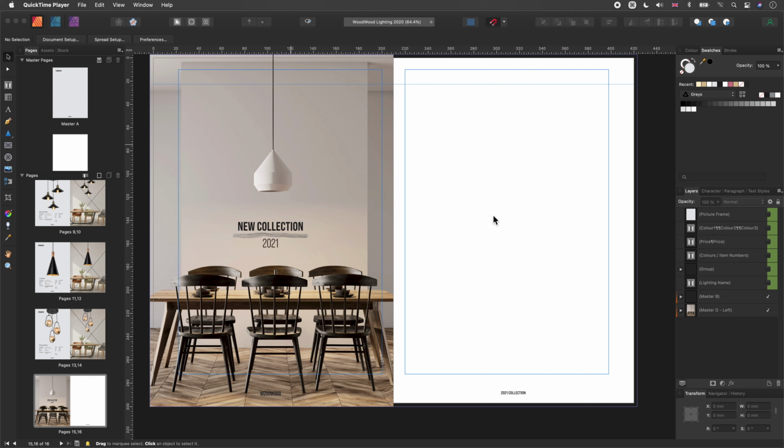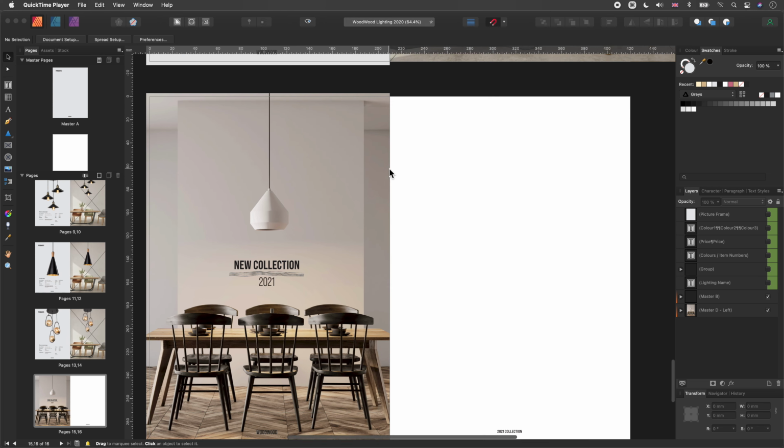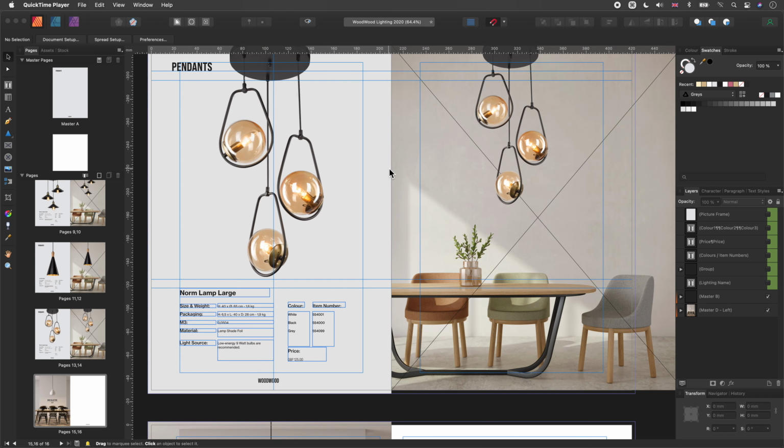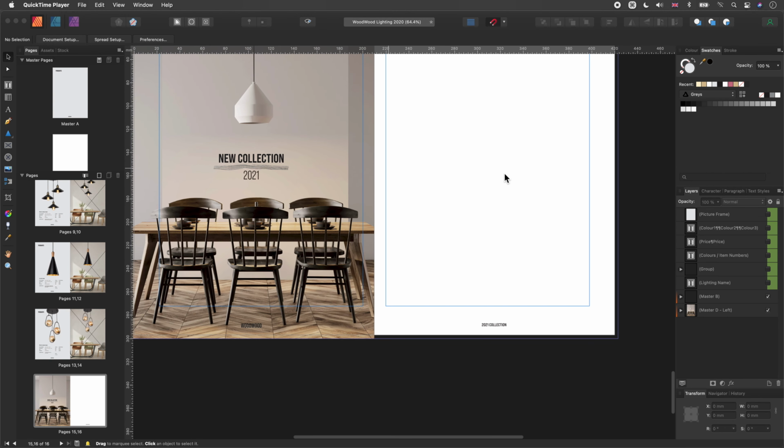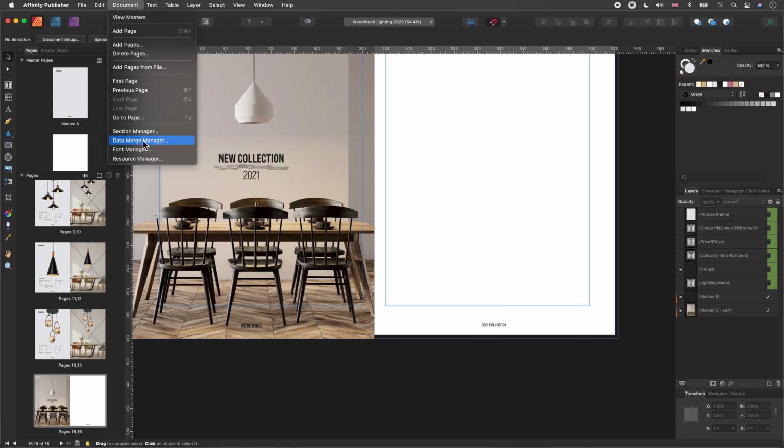This tool is ideal for creating business cards, tickets, badges, passes, and product specifications, like we're going to do in this document. Here we have the document we created in our Data Merge Basics tutorial. We're going to use the Data Merge Layout tool to create our product specifications, which you often find on the back of a catalogue. For this first, we need to add our data source, which you can do from Document